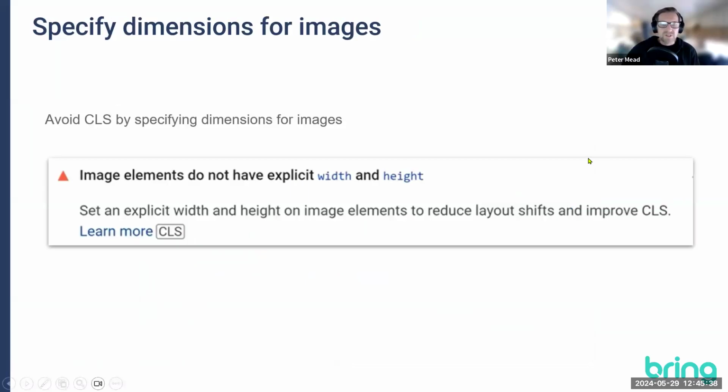Images, especially images that don't have dimensions on them, so your width and height. This little screenshot I've taken is directly from the PageSpeed diagnosis. The analysis it gives you says you need to specify a width and a height on your images. Sounds like a no-brainer, but if it doesn't have a width and a height, and if the width and the height doesn't match the size of the image file,